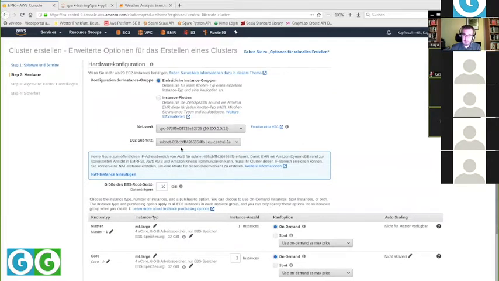I'm using EMR, but not via the web interface. The challenge that I have is that I'm using this EMR for trainings, and I give every participant of a training a separate cluster. I would click to death if I wanted to deploy it this way, and it would also be very difficult to ensure that everyone really has the same cluster set up. And therefore, I'm using Terraform. Terraform is a program for automating